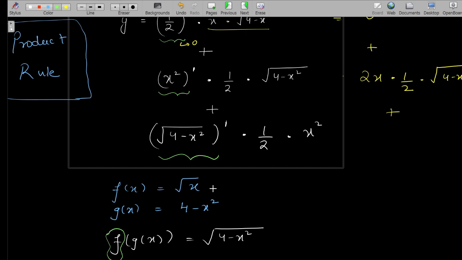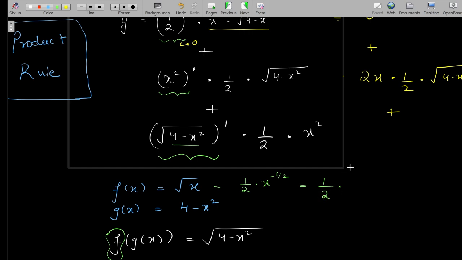So what will be the derivative of square root x? Well, it's just x to the power of 1/2. No, 1/2 times x to the power of negative 1/2, right? Yes. Okay, but we don't have square root of x. We have square root of 4 minus x square. So you replace x by that. Okay, so this becomes